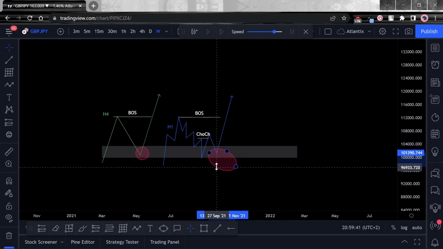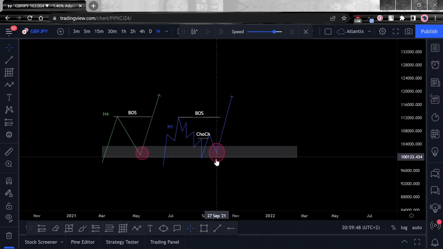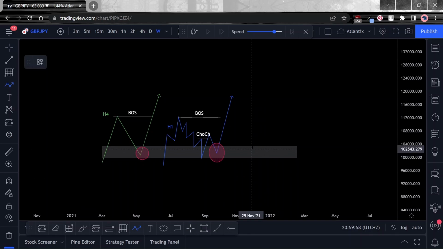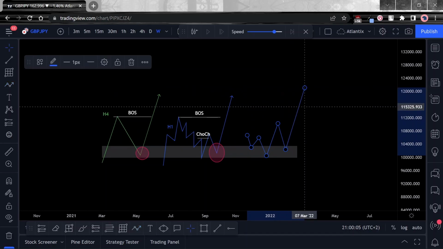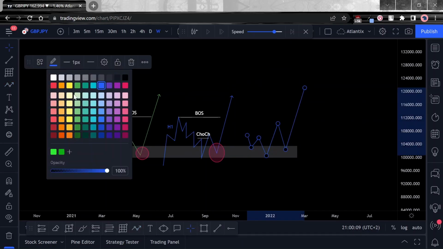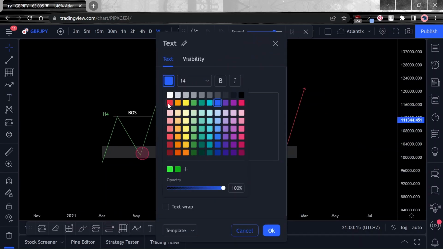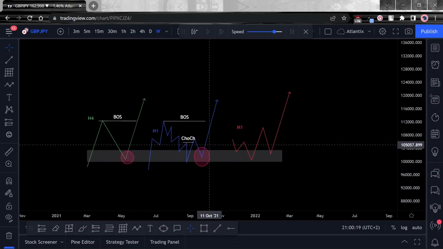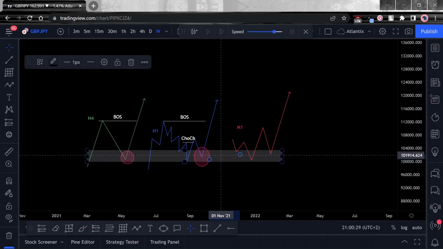When price comes back to this point at which they're expecting it to create a higher low, they go to the M1. They look for another change of character. Okay, let me illustrate that. Maybe, but I'm sure you get it now. They look for another change of character, which is simply price creating lower highs, lower lows, changing character like this, and they're in. Okay, this is exactly what they would be looking for on an M1. So they want to see this here taking place over there. Once they see that, they're happy to take the trade.